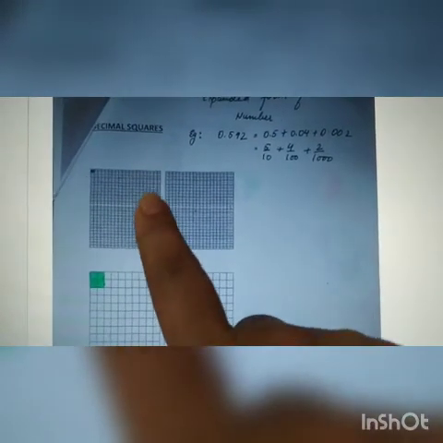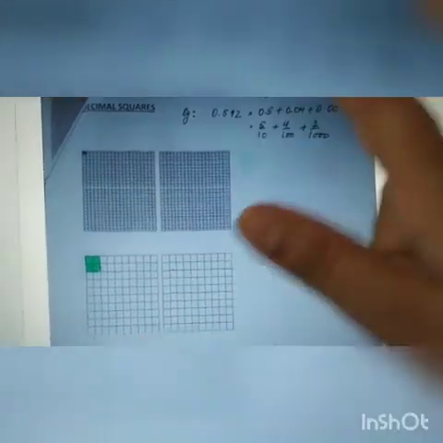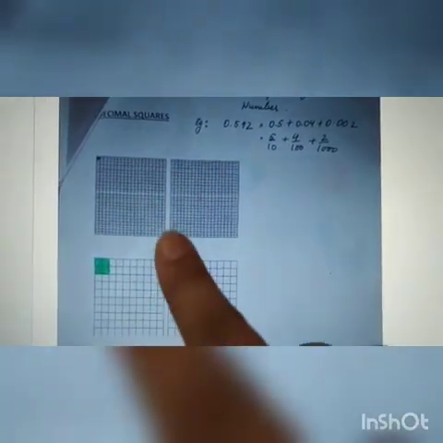Next is decimal squares. This I have shown you, the 10 cross 10 grid. This is 10. These are thousands. Okay, so this decimal square, where you will use this paper, you can use it for the expanded form of a decimal number. So here it is shown to you how you will represent 5/10. So you have to color 5 out of 10. 4/100. These are 100, तो आपको 4 ही color करने हैं. And 2/1000 means only 2 you have to color. So like this you can represent the decimal number की जो है आपको expanded form आप represent कर सकते हो.